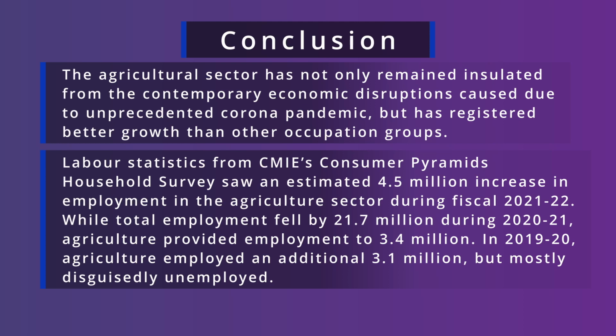So when they came back to their native villages, they had to perform agricultural activities, and in most cases, their inclusion did not increase the agricultural output to a significant extent, and that's why they can be classified as disguisedly unemployed. So this is all about the issues that I have discussed in this particular chapter.